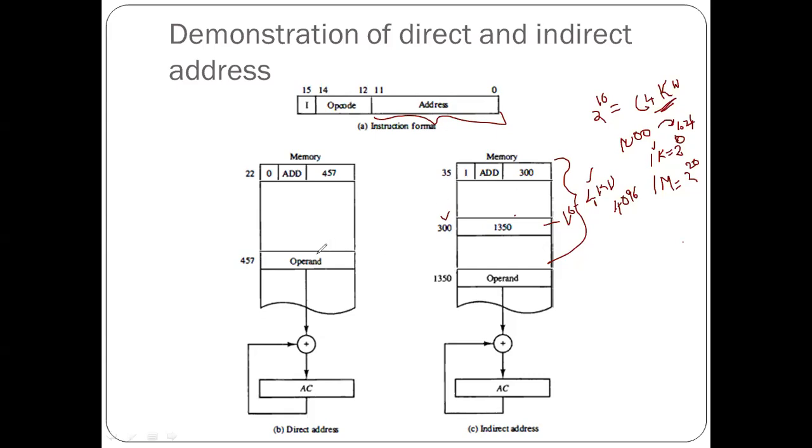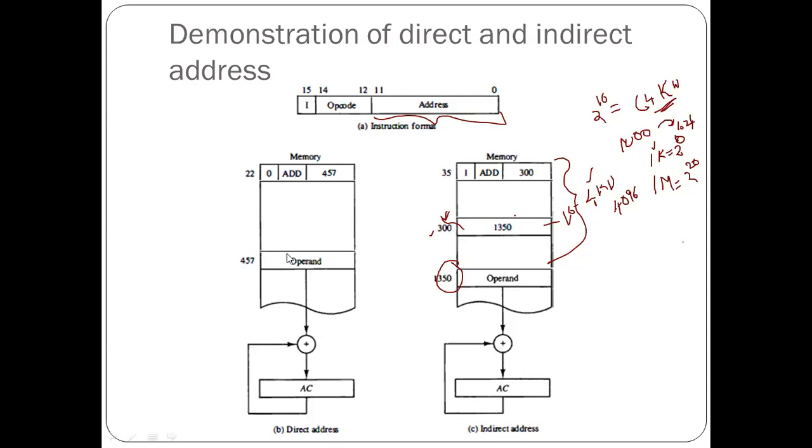It means the address of the operand is available in another memory location. So this is what is called indirect memory addressing mode, and this is how it is used. To distinguish whether the available 12 bits in your instruction format specify a direct address or an indirect address,